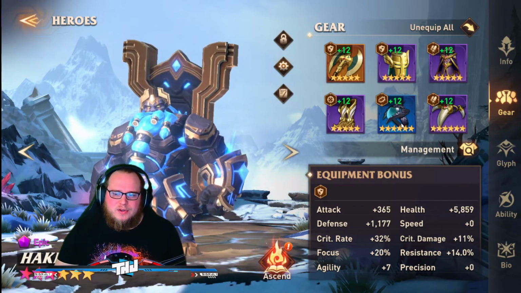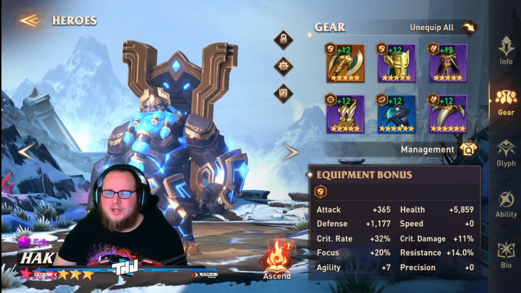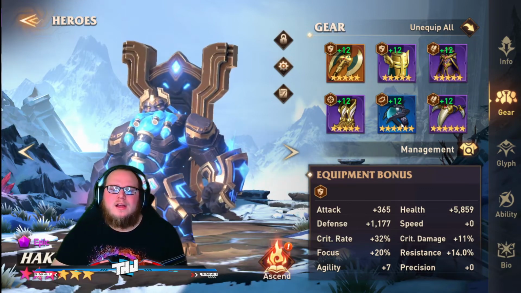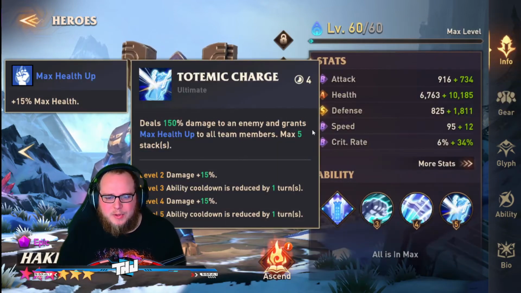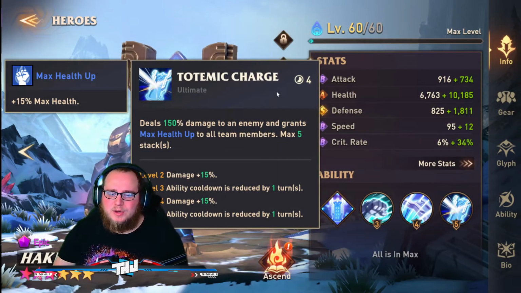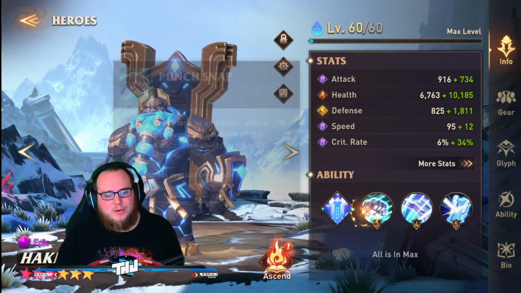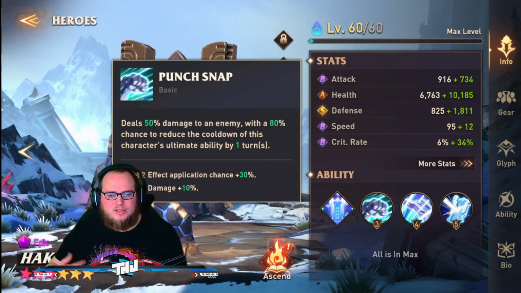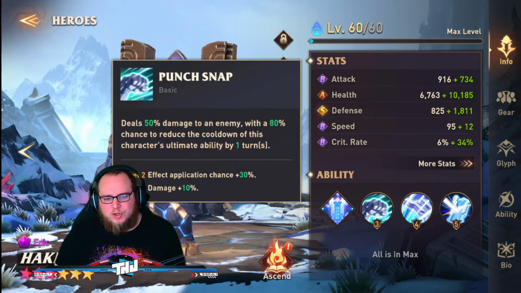He also is not in the correct gear. I'm working on it, but it's not quite there. I want him not only in his defense gear, but I also want him in cursed gear. And the reason for that is his A3 ability here, which is going to be that max health up to all team members. And you may say, John, that only procs the A1, not A3. You are correct. The A1 ability states that anytime you attack with this, chance to reduce the cooldown of this character's ultimate ability by 1 turn. It's an 80% chance. So, I mean,